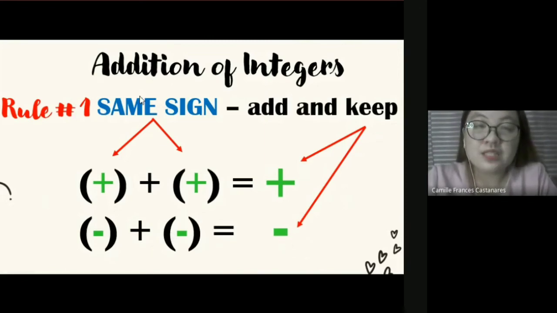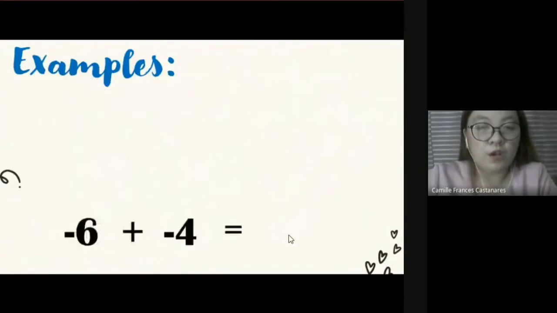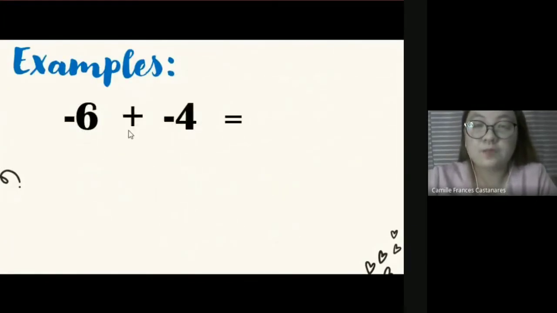Again, same sign, add muna yung numbers or yung integers and then keep or copy the sign of the two integers. Yung pinag-add mo, kung ano yung sign nun. Kung parehong positive, positive. Kung parehong negative, negative. Okay? For example, we have negative 6 plus negative 4. So, rule number 1, kapag same sign, so this is negative 6, this is negative 4. Ibig sabihin, same sign sila,